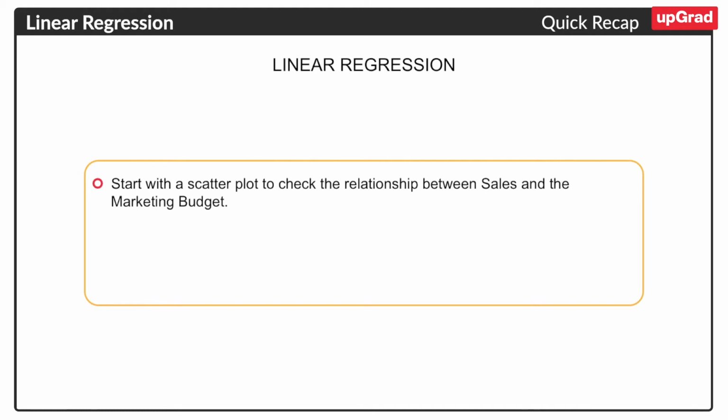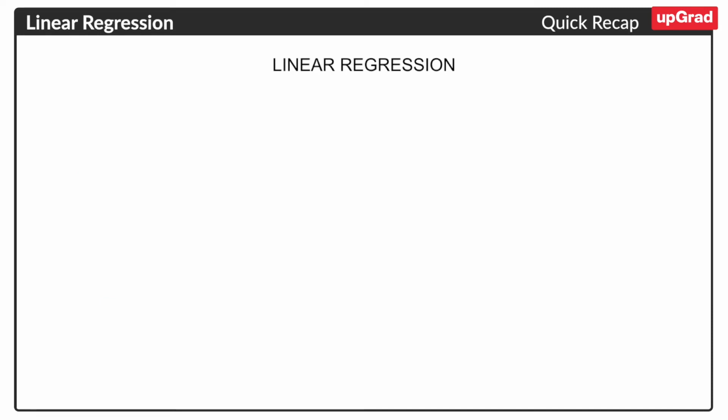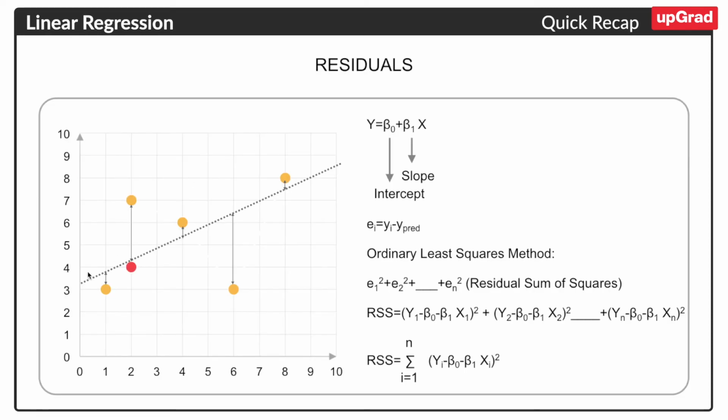So now what we have done, you can see, first we had the scatter plot to check the relationship between sales and marketing budget. After that, we got the residual value and also got the RSS value for any line, right? It's possible that if your line is different, so let's say instead of this line, if you draw a line in this way, right? So if you are drawing a line here, in that case, the RSS value will change, right? Because then the predicted value and the actual value difference will not be the same.